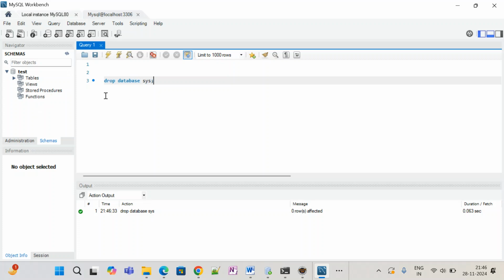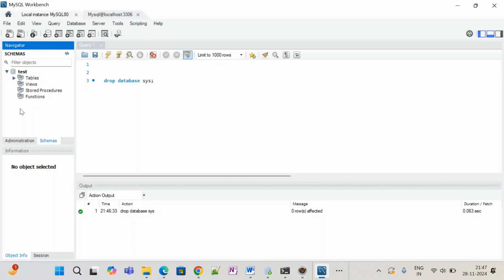Okay, now how to create the table, oh, I have deleted it. I would have shown how to create it. It is a simple thing: creating a table, giving a table name, and adding how many columns you want. You can do that, right? So here I have only the test database. Just go here and right click, refresh all. After refreshing, the table images has two columns.